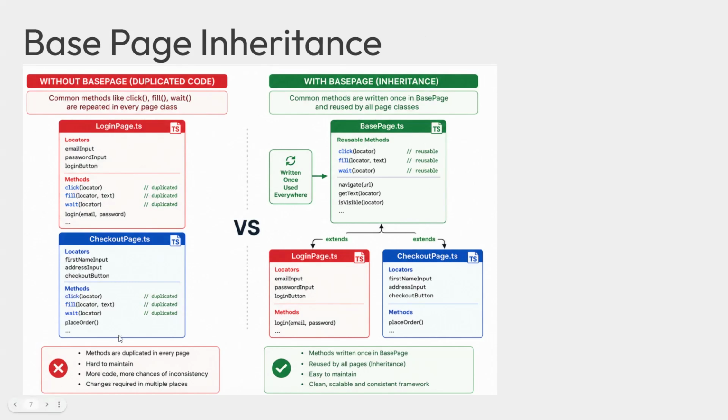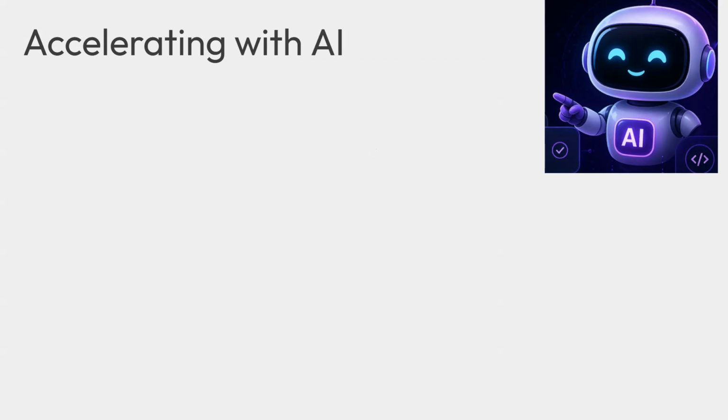This is the comparison of what was happening without inheritance and now with inheritance. Earlier, without inheritance, you might just copy the code in the pages. This is just the login page and checkout page. You may start duplicating this code into various other pages in your framework. What we can do instead is create all these duplicated methods in the base page, make it a parent, and use extends in the other pages. They become child to the base page, and you can utilize the inheritance.